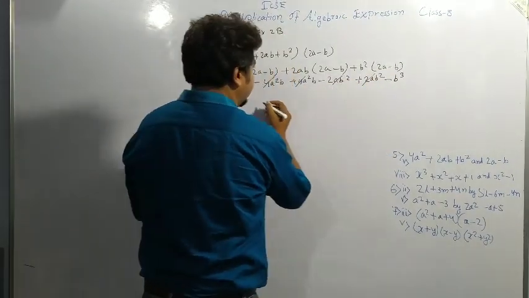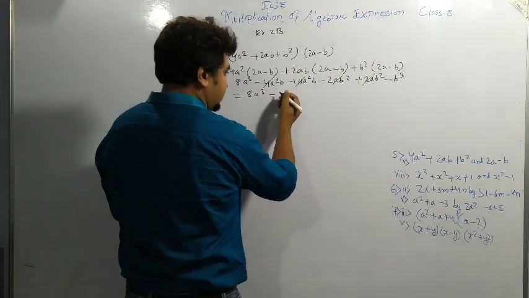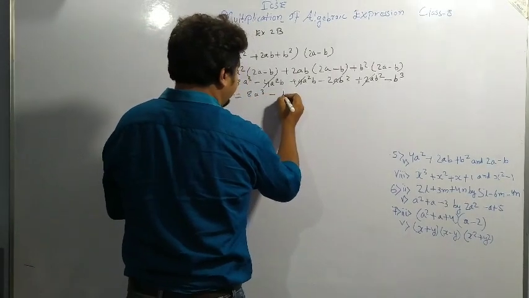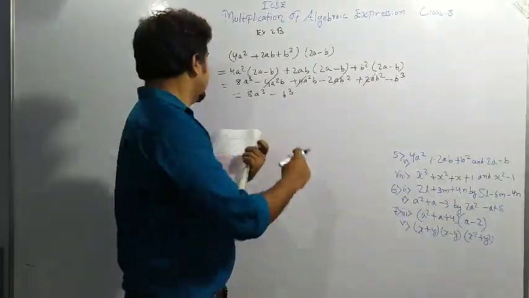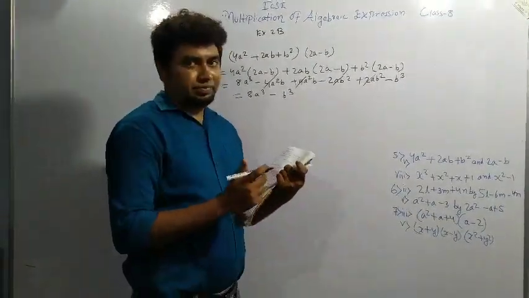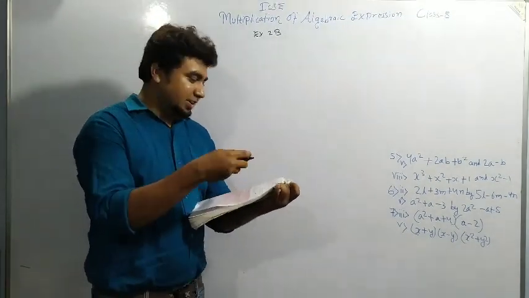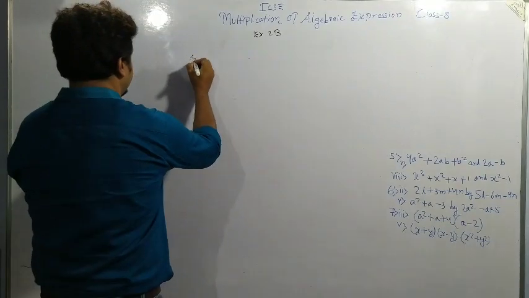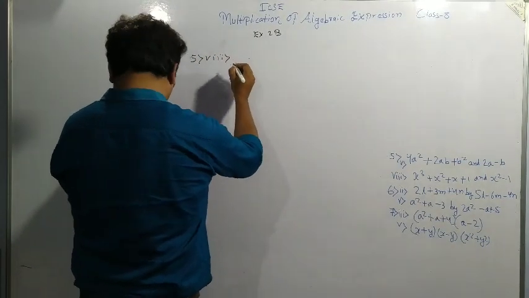So what is left here? 8a cube minus b cube. So these are the terms which are left. So this is question number 5 bit 5. Okay, 5 bit 8. So we will be doing 5 bit 8, here it is given